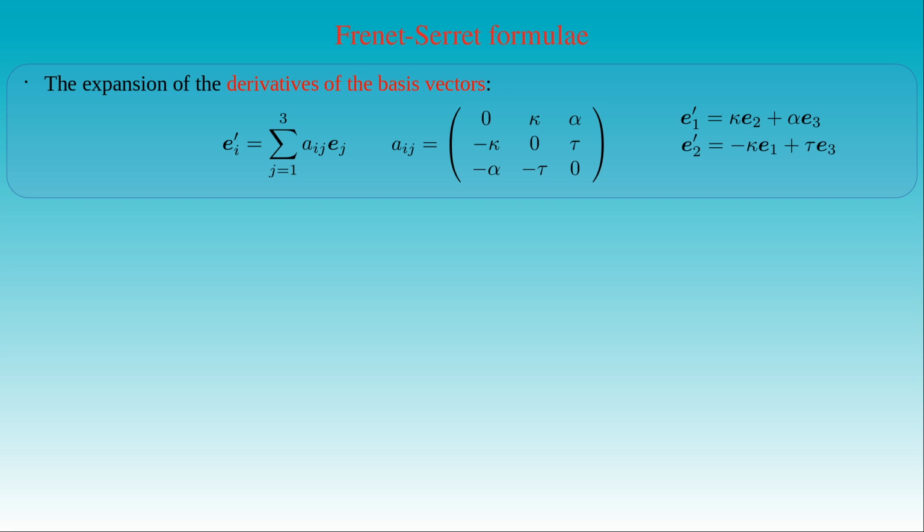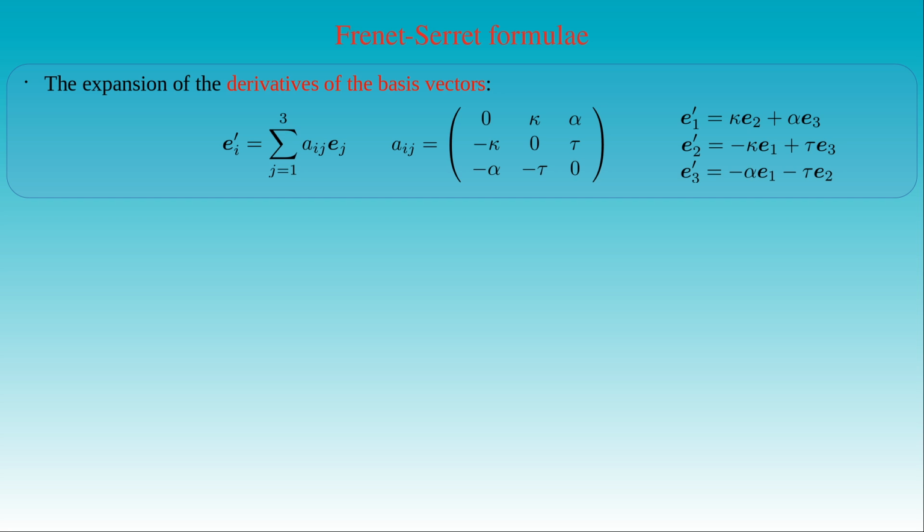The last equation of the matrix multiplication is an expression of the derivative of the third basis vector, which is the multiplication of the third row of the matrix with the vector of basis vectors. This multiplication gives minus alpha times E1, minus tau times E2. Since the set of the basis vectors Ei is an arbitrary orthonormal set, these three equations hold for any orthonormal